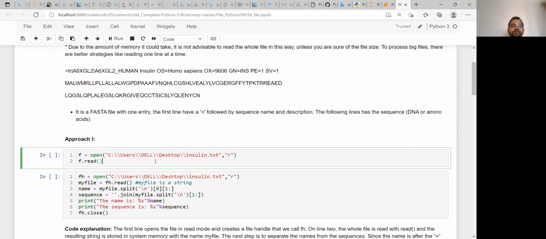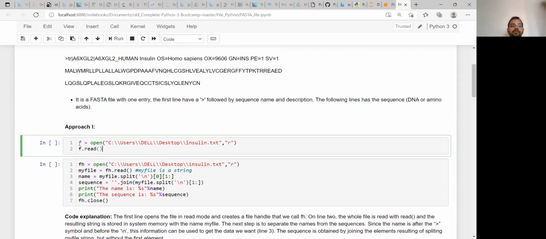Now if I open this, f is, I have already told you what f is. Can anyone tell me what f is here? The special term used for this kind of variable. Anyone?